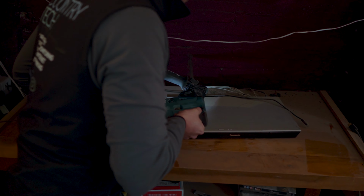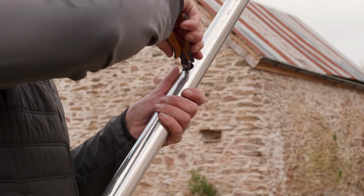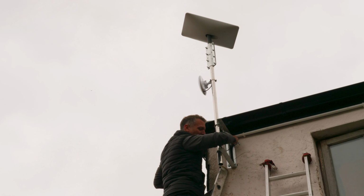To do this, we took the wire from the Starlink out through the rear wall of the property. Then we proceeded to add a bracket to the side of the house. Once the fixings were in place, a pole was made up and the wire fed through the copex. The Starlink was then installed on the pole to give it enough elevation to provide the site with the best